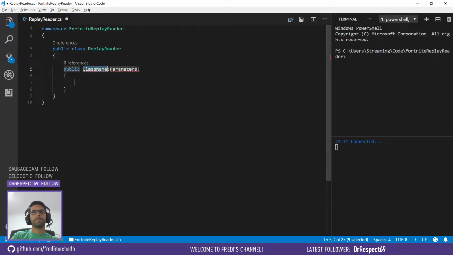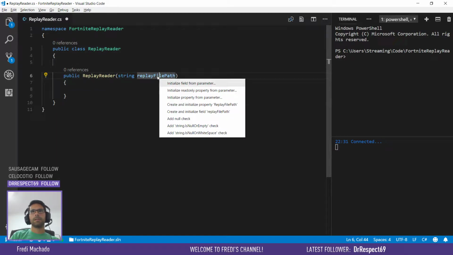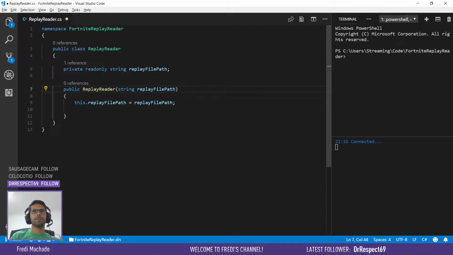So what we can do is something like a constructor, and then we can get the file name, the file path, and it's going to store this. Initialize field, that's good for me. And then we can try something like